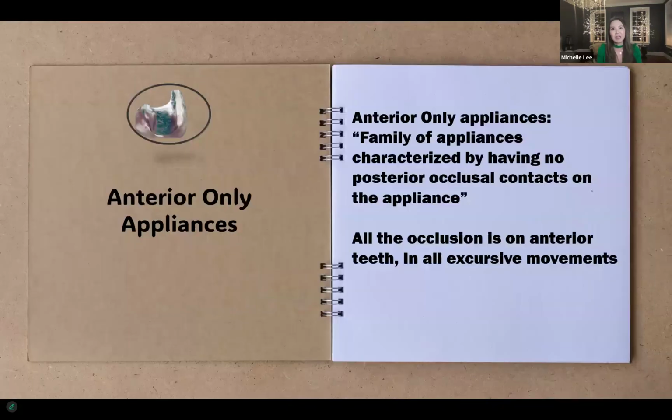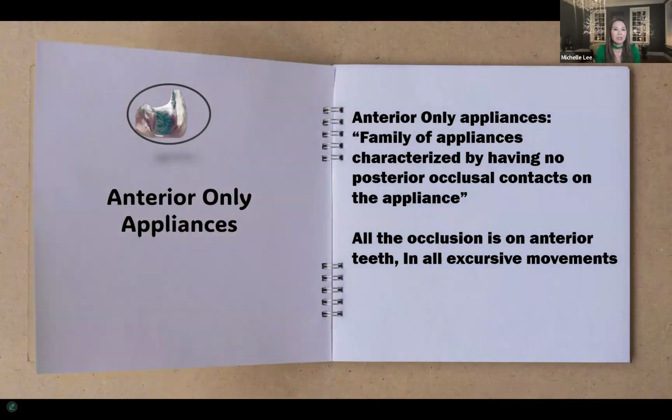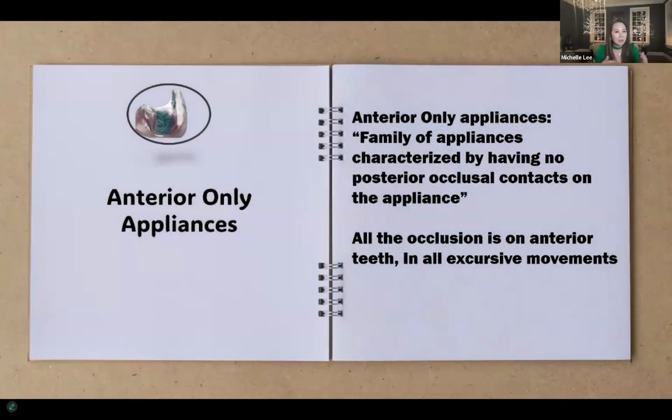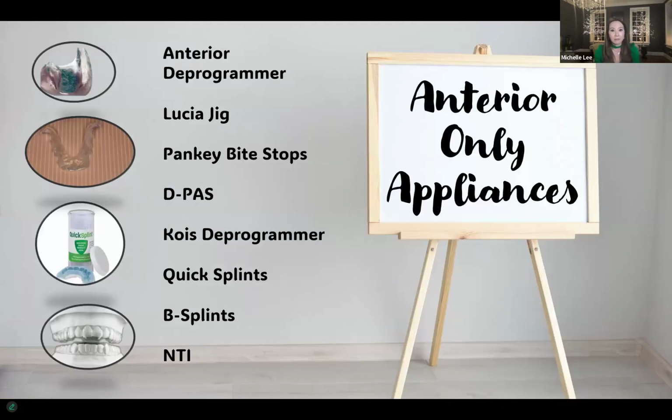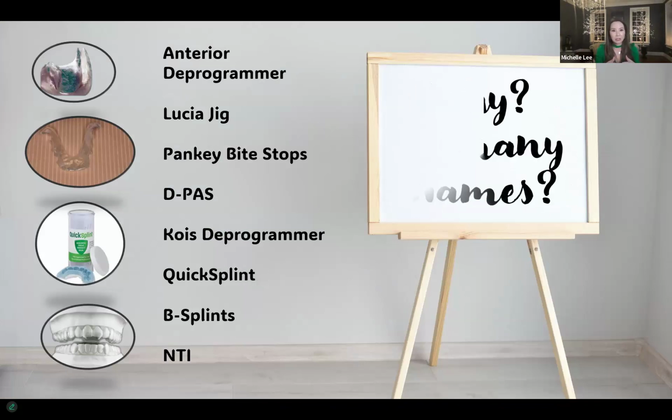So then let's shift into the anterior only appliance. An anterior only appliance is a family of appliances characterized by having no posterior occlusal contacts on the appliance. So all the occlusion is on anterior teeth and in all excursive movements. This is where it gets a little confusing, because there are a lot of anterior only appliances. And why, I'm going to ask you, are there so many names? Sometimes it's named after the person who developed it, it depends on how many teeth they're touching, it depends on the company. There are so many designs and purposes,